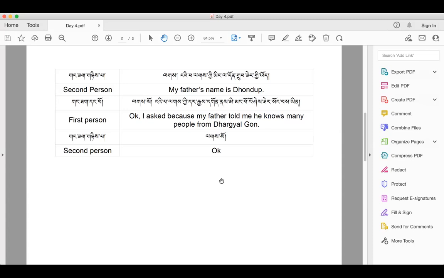Now, you may ask me, if this is grammatically wrong, why does it still persist to exist? The thing is that it still persists to exist because many are using this. So if you are using this, understand that this is not correct. So you should either use nge or you should use ngai. And if you do that, it is grammatically correct.